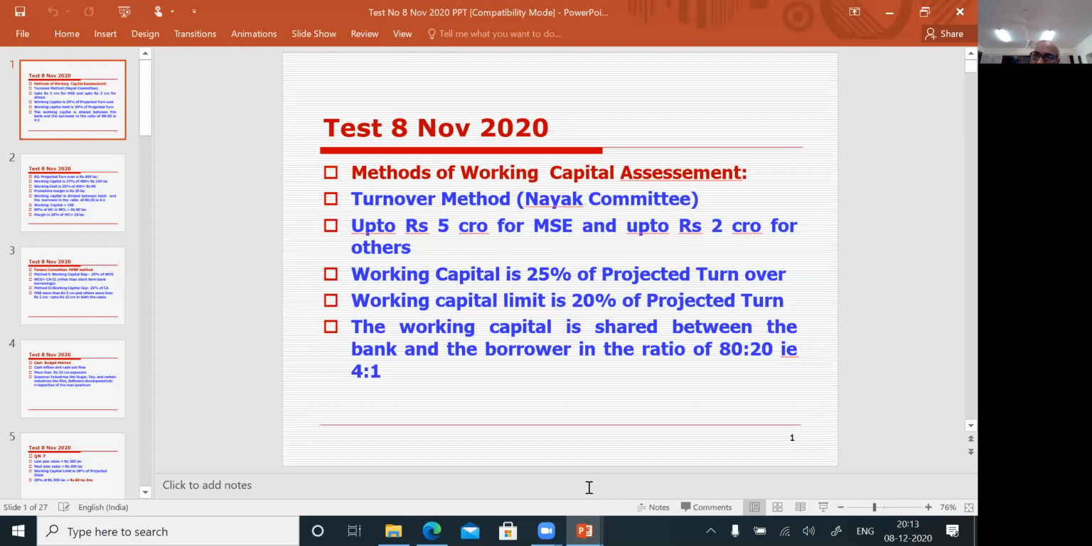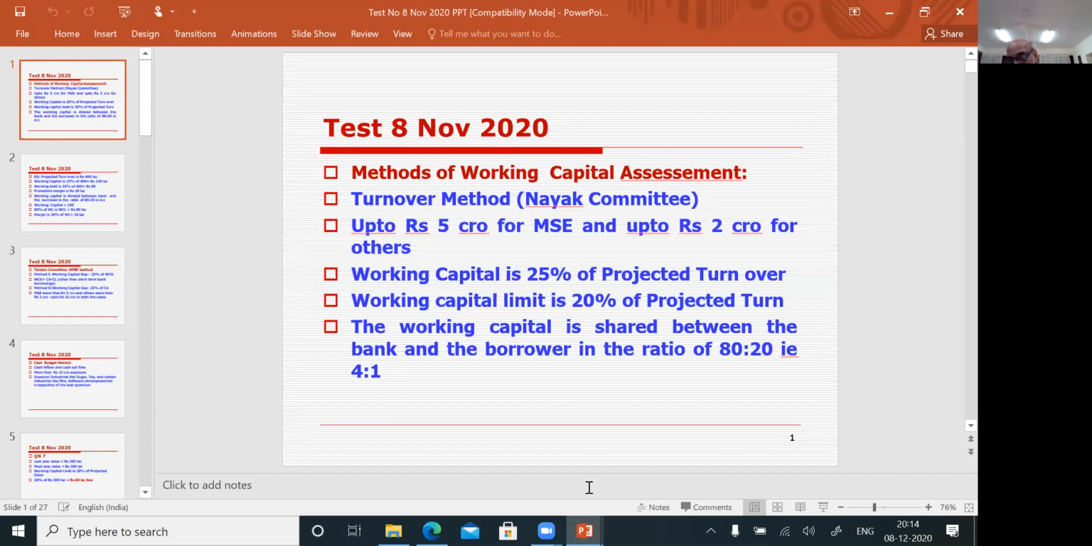The methods of working capital assessment are divided into 3 methods. Turnover method, this is called the Nayak committee method. Under the Nayak committee method, if the borrower requires a loan up to 5 crores, and if he is MSC, not MSME, please remove it from your mind. If the borrower requires an exposure or loan up to 5 crores, and if he is an MSC borrower, you have to classify and you can grant loan to him as per RBI guidelines under the Nayak committee method,